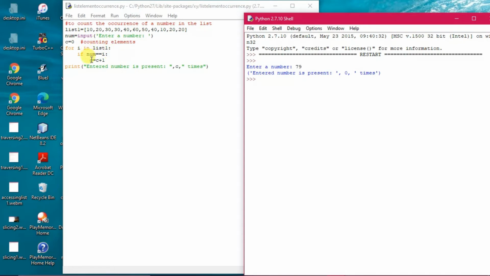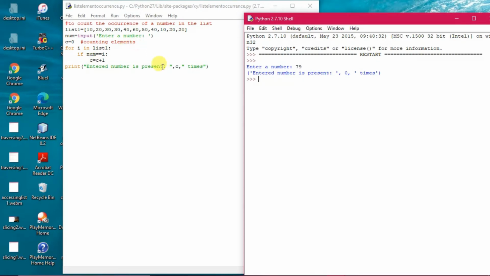If they are equal, only then the counter, c equals c plus 1, will increase; otherwise not. So the entire list has been traversed and nothing was found. In that case c cannot update its value and remains 0, and while printing it printed 0 times.